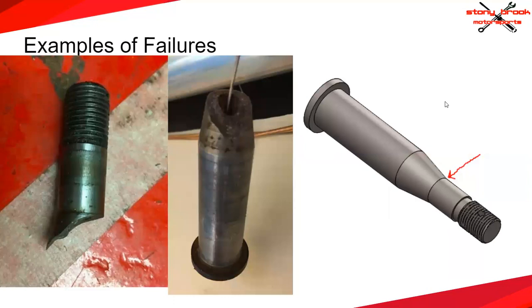In terms of where we've seen it on the car, one prime example is what's known as our spindle, which is how we attach our upright to our hub, or I guess hub to upright technically. When this is supposed to be made, there's actually supposed to be a gradual taper step down here. As it turns out, when it was manufactured, this taper was slightly larger than it was supposed to be and created a bit of a sudden step down, like you would see over here. And there's a lot of load which goes onto this point potentially. If you look in the left photo really close, you can actually see that step